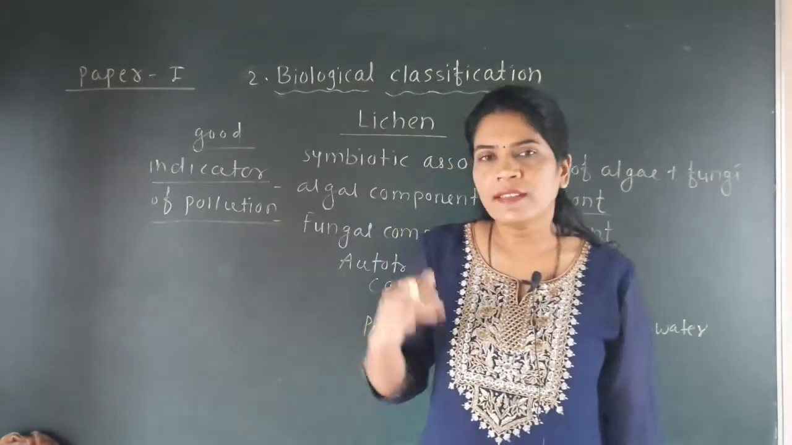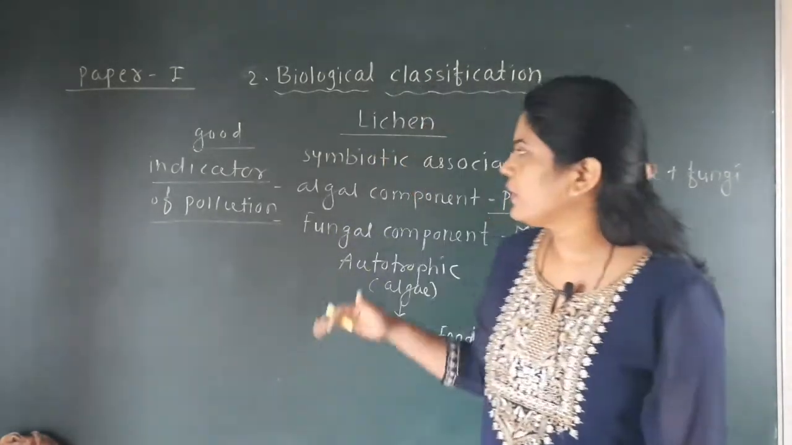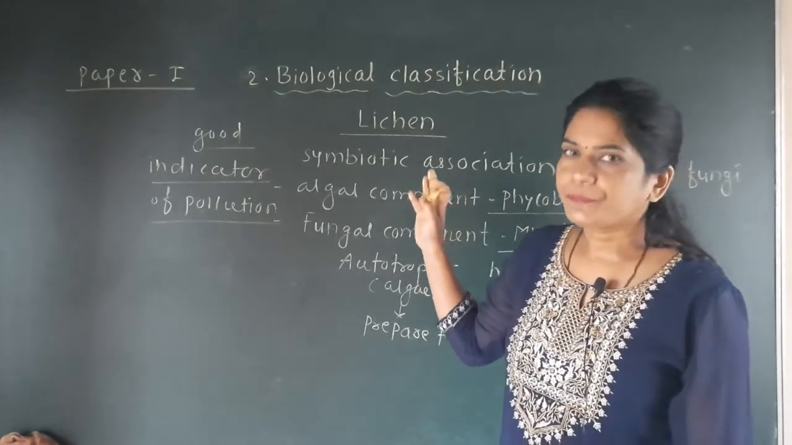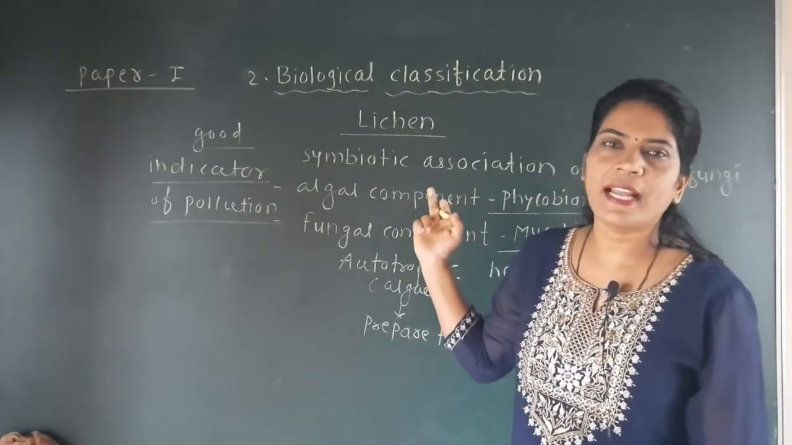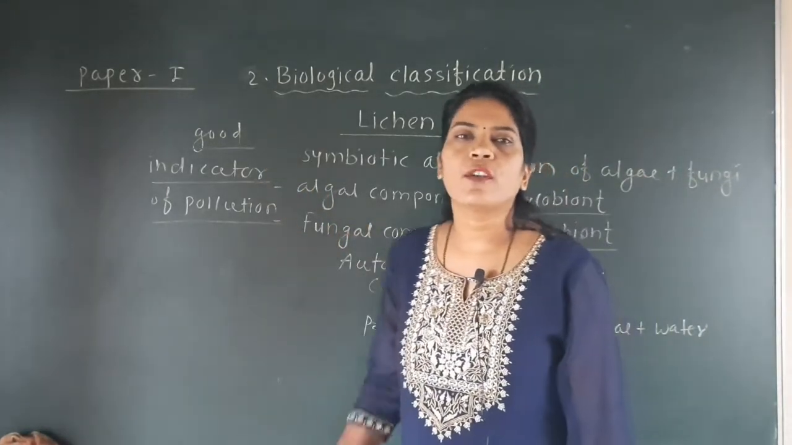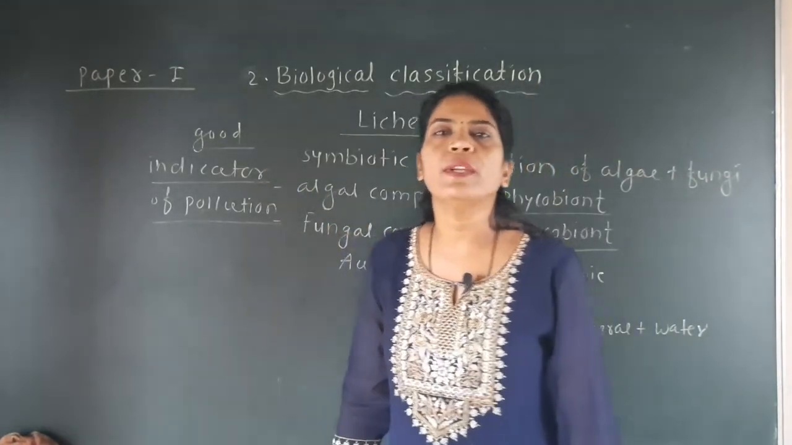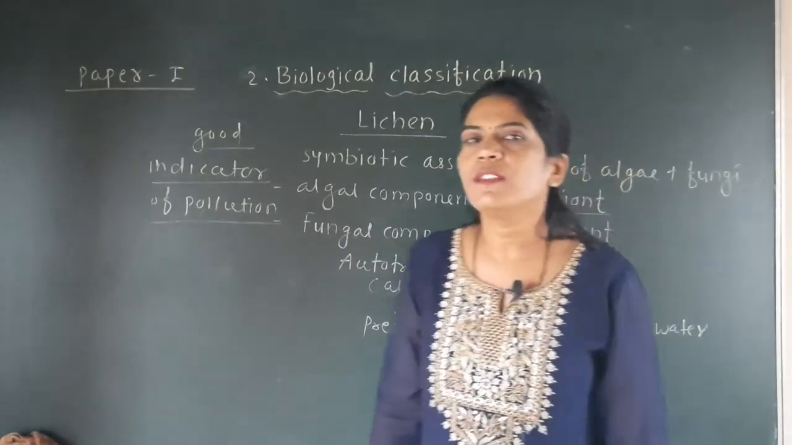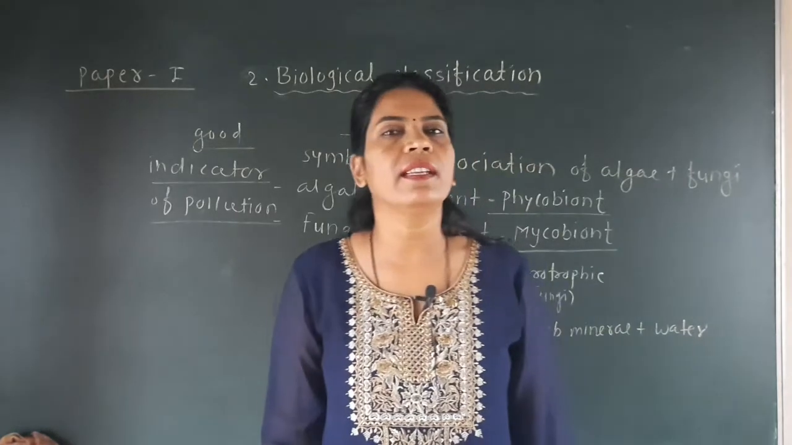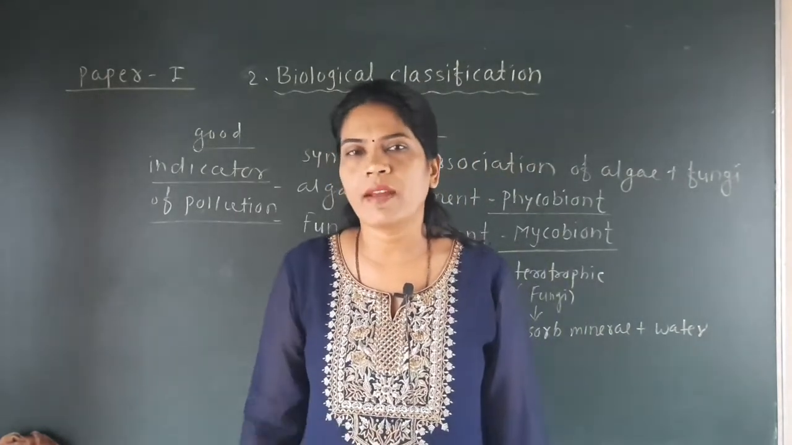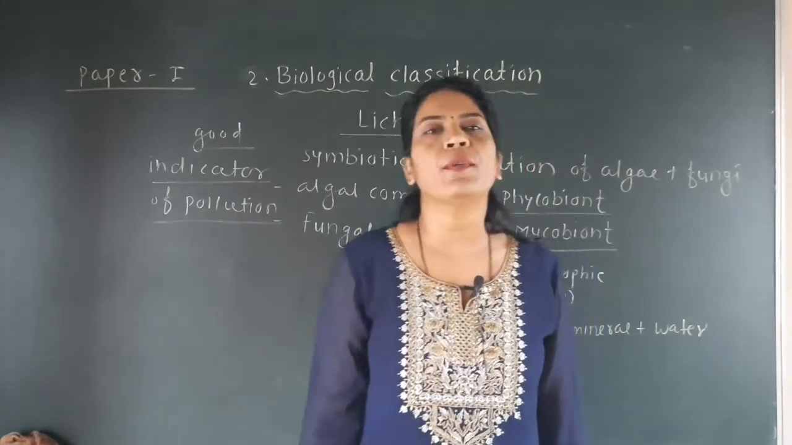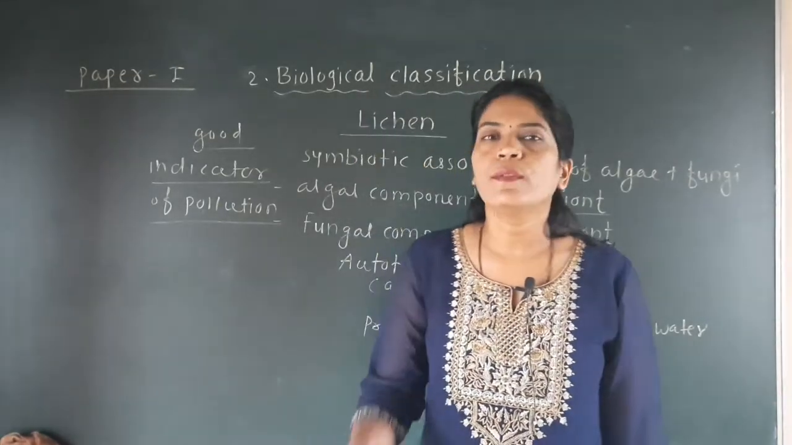Up to this, we have seen how lichen shows the symbiotic association of algae and fungi, and how it is a good indicator of pollution, because when it is present we say the environment is non-polluted, and when lichen is not found in the environment we say it is a polluted environment. But after that you should know some more important points of this lichen, which are not here